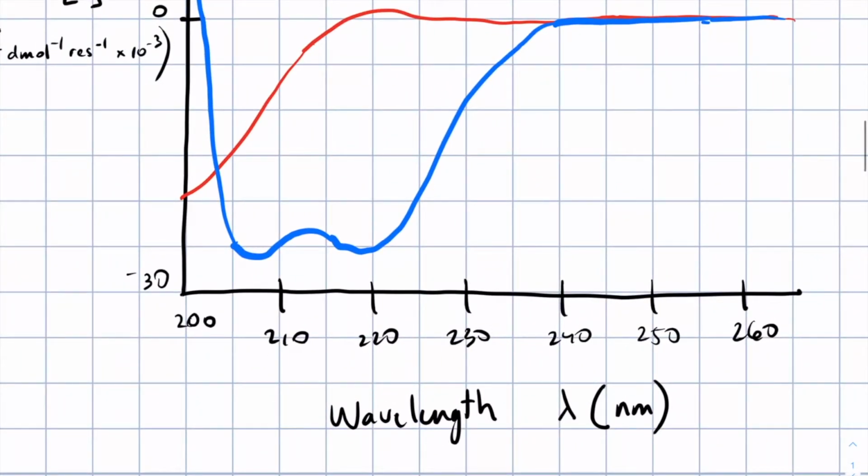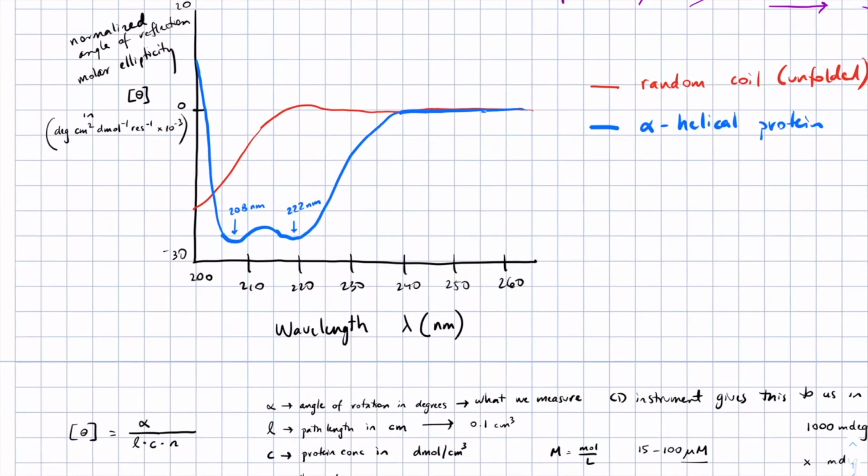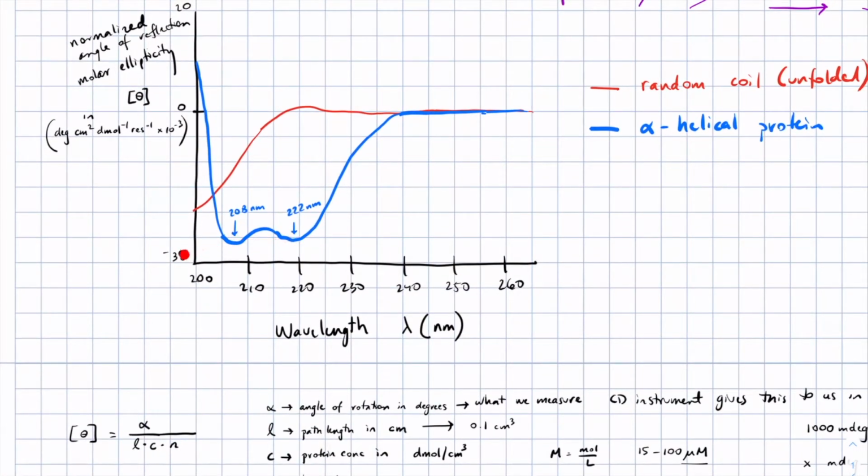So the minimum wavelength is about 222 nanometers for an alpha helix, and the second one is about 208 nanometers. And sometimes the relative size of these minima can change. For single alpha helices, the minimum at 208 tends to be deeper than the minimum at 222. For alpha helices in helix bundles, they tend to be much more equal to each other. And you'll see values for helical proteins in the -20 to -35 kind of